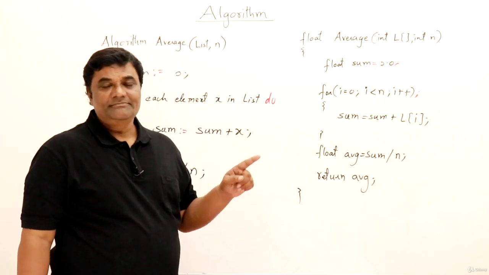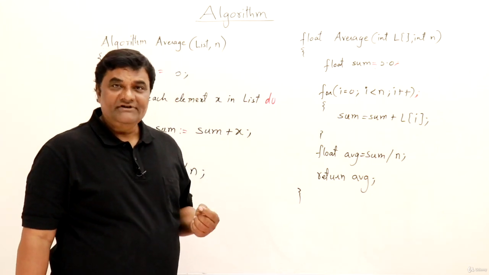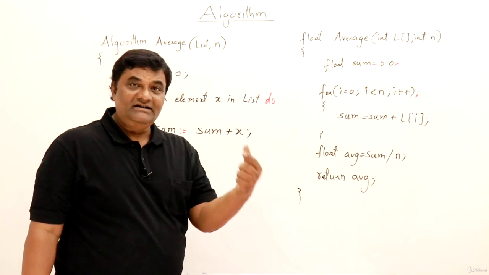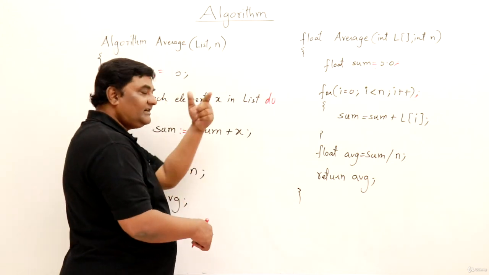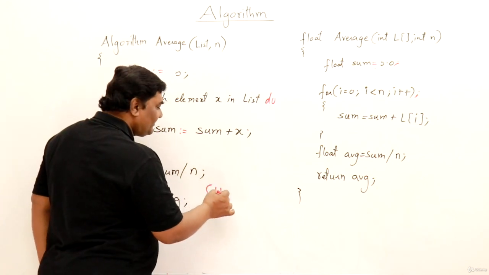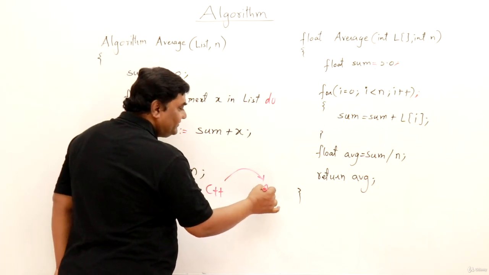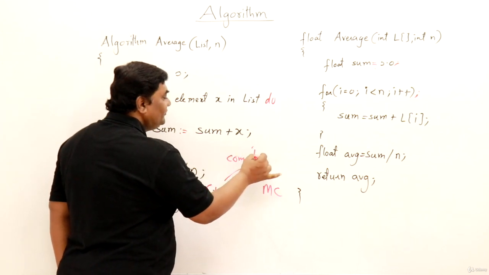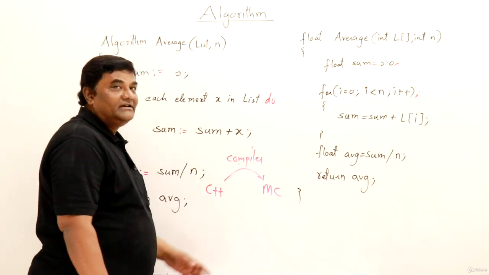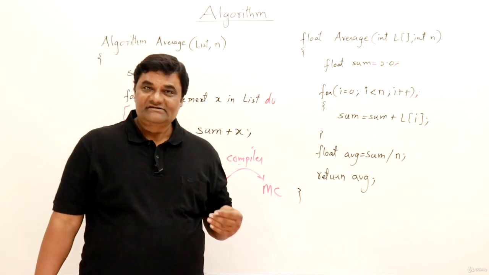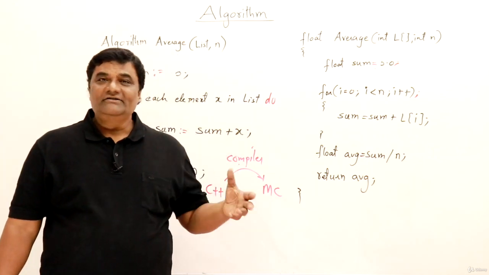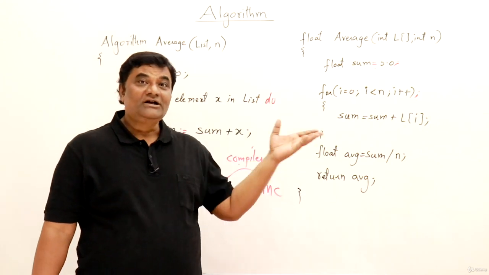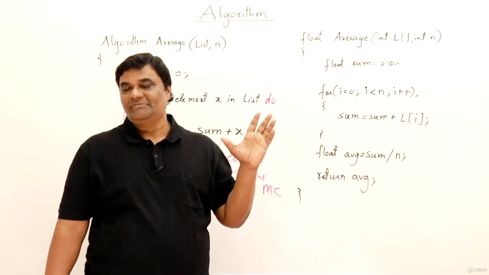So you should follow the proper syntax of a language, because this is not for you. You are writing it for the compiler to understand it and convert it into machine code. You will write a C++ program, and that gets converted into machine code or machine language. Who converts that? The compiler will convert this. So you are talking to the compiler actually. You should talk in such a way that it easily understands. If it is not understanding, it cannot convert it into machine code. So this language is the language of the compiler. You should follow the syntax perfectly.